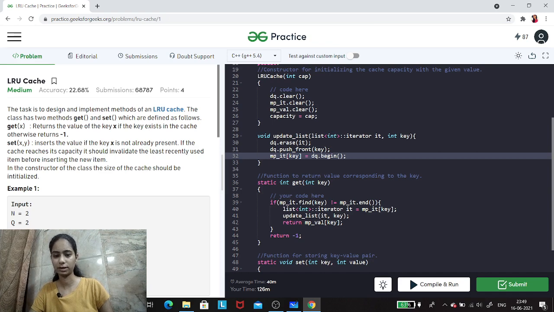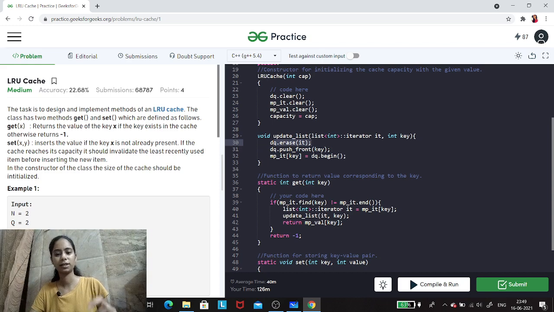In the list, if it's present, we'll erase it, and we'll insert it in the queue at the front, because now it's the most recent accessed one. And also I need to update the new address, so in map of IT, corresponding to key, we'll update the begin value. So I hope this part is clear to you.